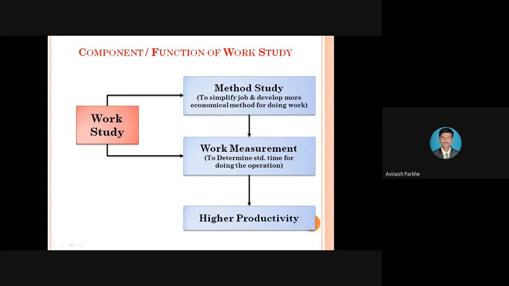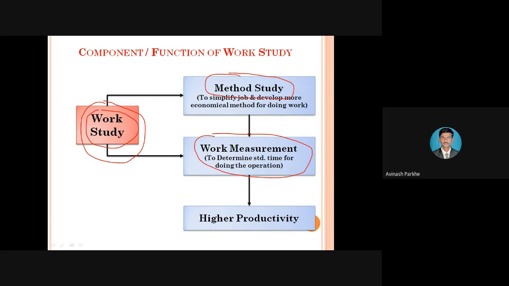Okay, again the same concept is represented in the form of a block diagram, that is work study. Here the work study is present at the left side, and further the work study is divided into two types. The first one is method study, which represents the elimination of unnecessary operations and development of the new method. And this is the work measurement, which is the second type of work study, that is, work measurement means to determine the standard time. But this is the step which will take place after the method study only. The work study is further divided into two types, method study and work measurement.